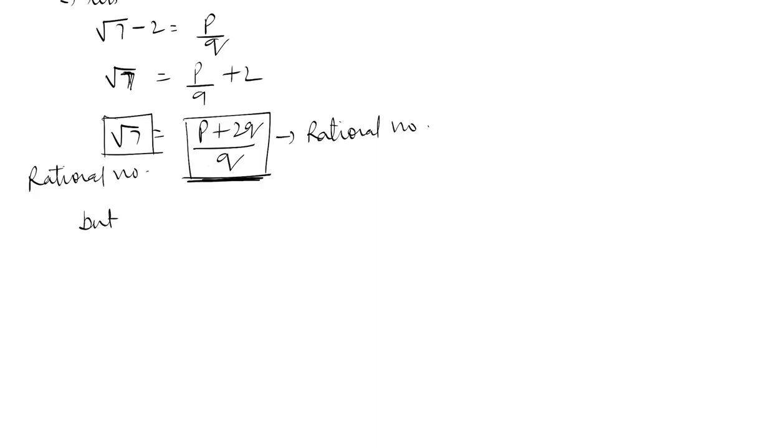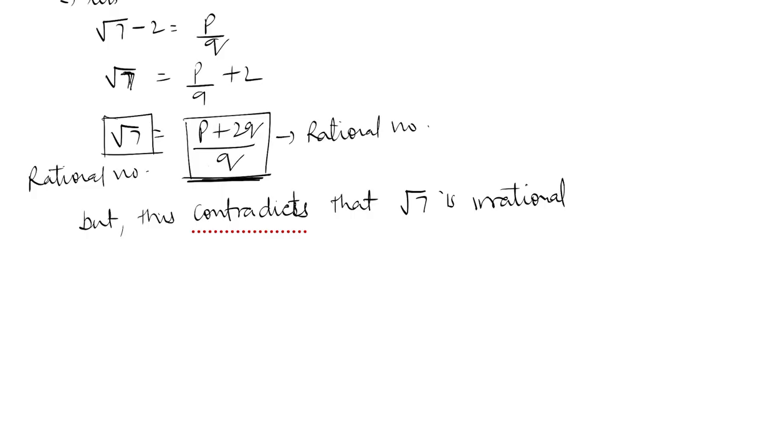But this contradicts that root 7 is irrational. So why has this contradiction occurred? Due to our false assumption. Okay. This contradiction